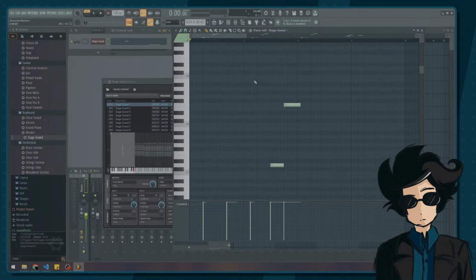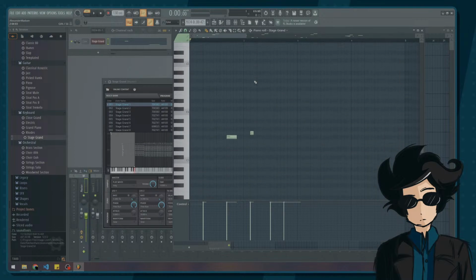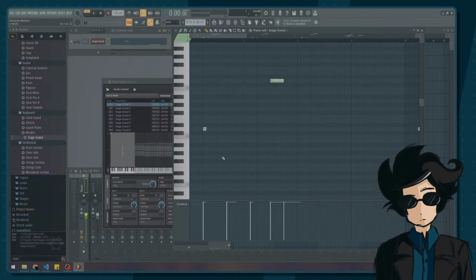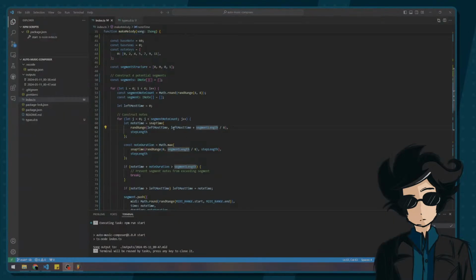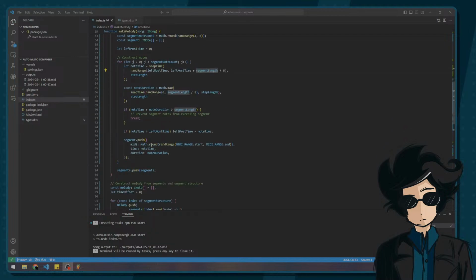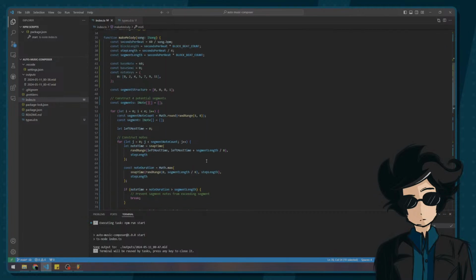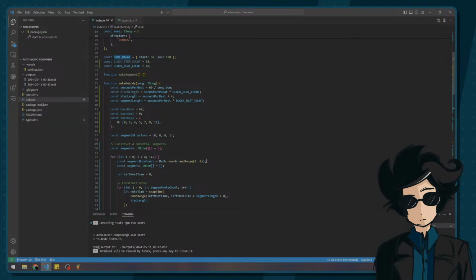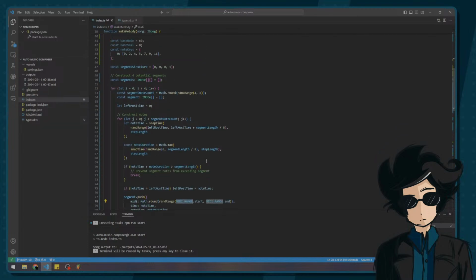That is something I'll need to figure out how to handle. But let's start by trying to get everything in key first, which is this one. Random range within this and that. Which is good conceptually, but